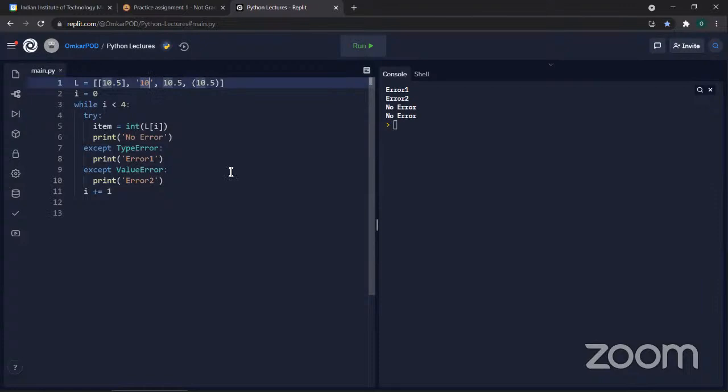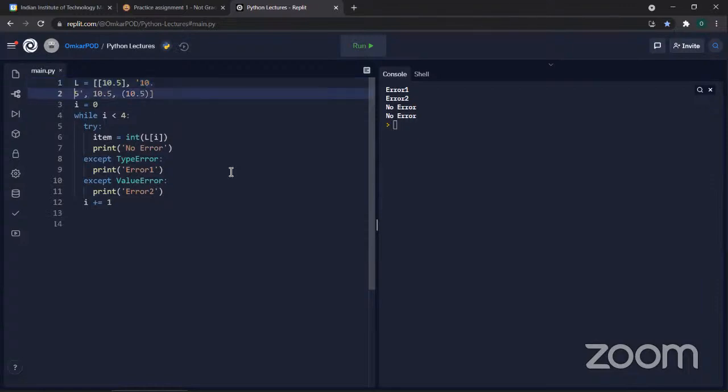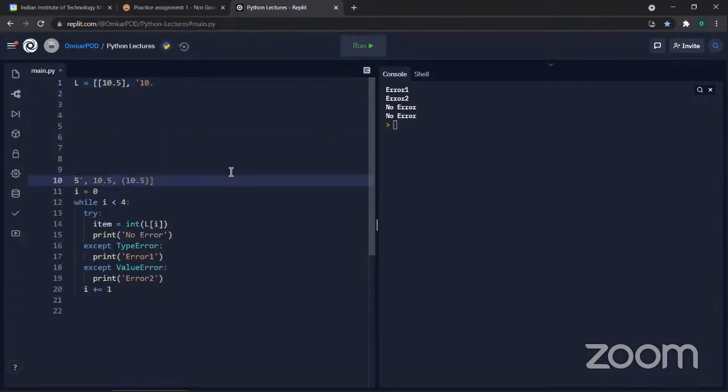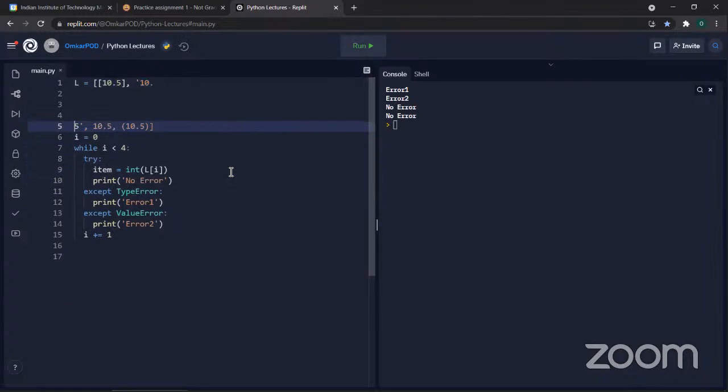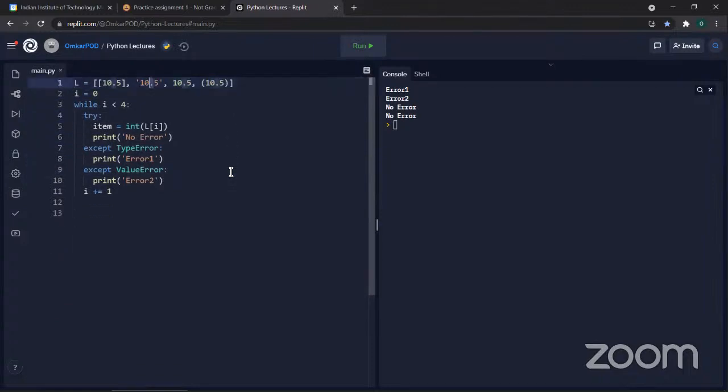Yes, because it's an integer represented inside a string. But when this happens, the computer cannot interpret this dot as a decimal point, because it's inside a string. And because of that, for the second value, it is again an error, which is this value error, because